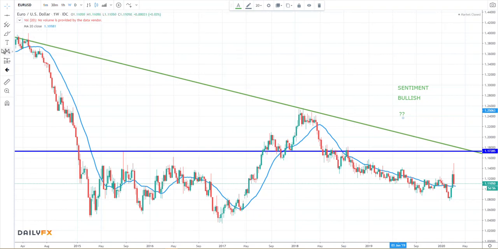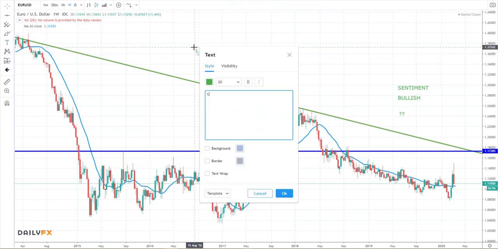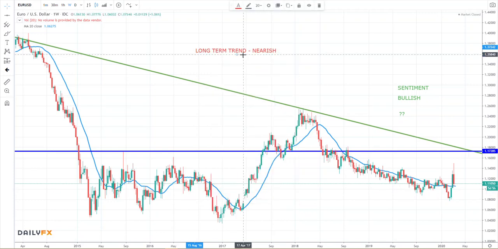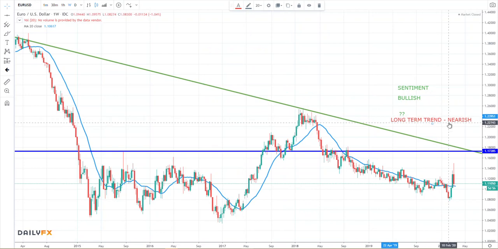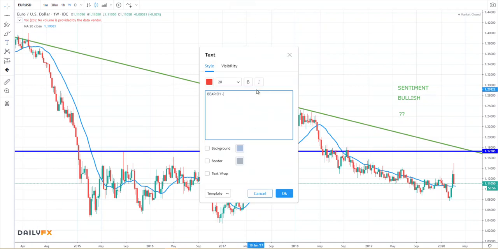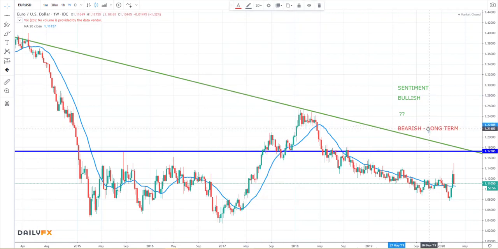Okay, so I have sentiment bullish, question mark. I'm really talking about short term. So we think about the long-term trend, it is definitely bearish, right? With strength from the US dollar over time. But when we think about this week's action, bearish long term. Okay, in the short term, what we see is price hanging above this fast weekly moving average,